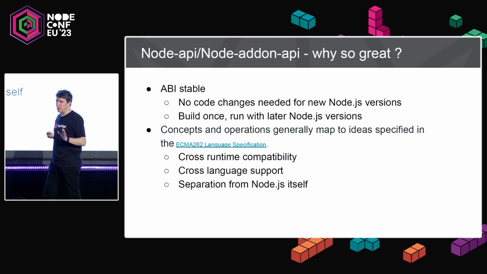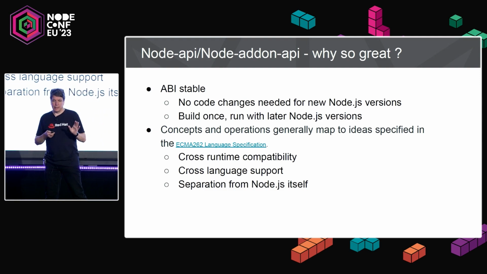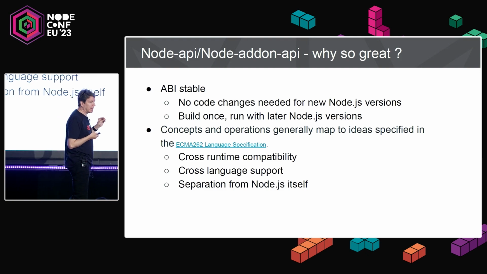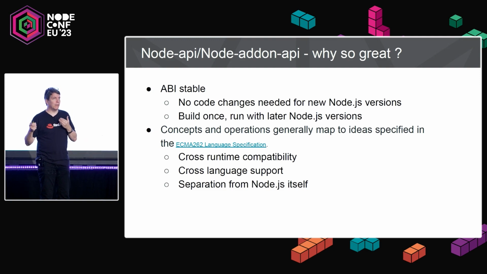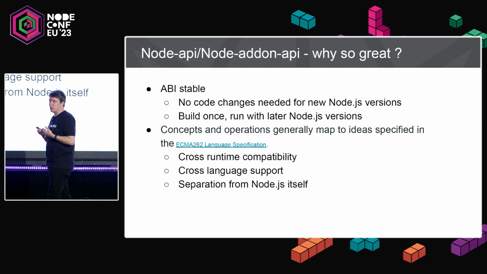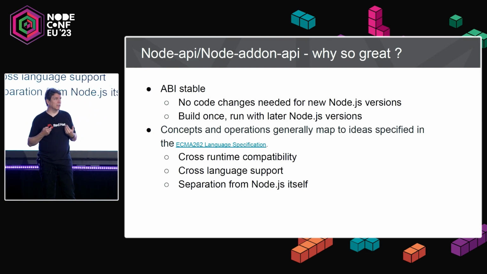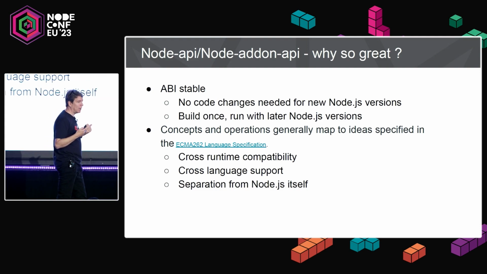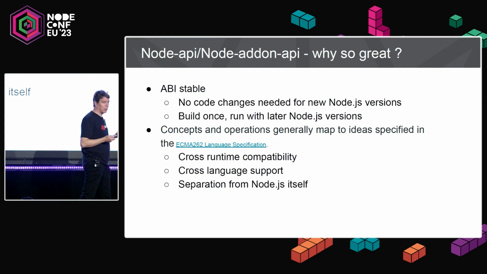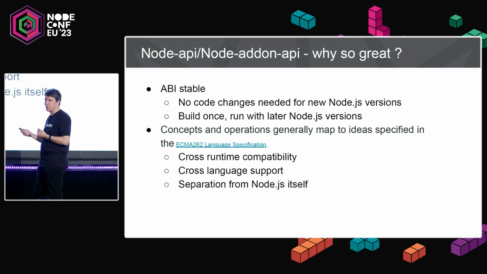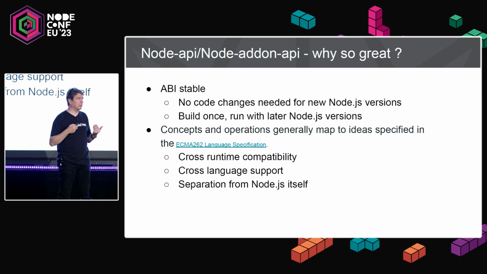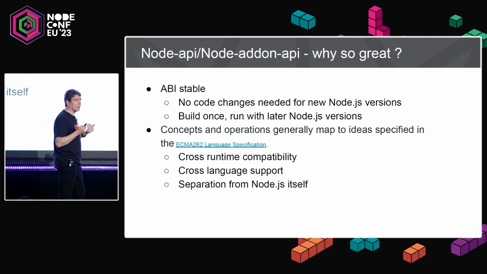The other thing I think that's really great about Node-API is that we really try to stick with the principles in ECMAScript 262. We have a well-defined set of criteria for things that will be added, and that includes looking at it to make sure that we're not introducing a concept that's not going to fit into something that's 262 compliant. Because from the very beginning, we wanted to make sure that we were always cross-runtime compatible. At one point, there was actually an effort to make Node support multiple backend JavaScript engines, both V8 and ChakraCore. And although the ChakraCore implementation really never came to be, that initial focus really helped us make sure